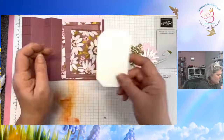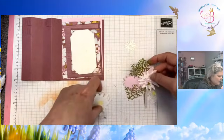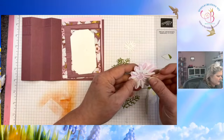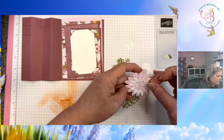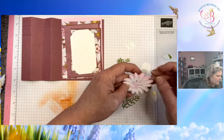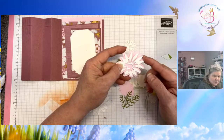So I used one of those for the saying on the inside. That's going to be our inside layer. And then I went ahead and I die cut some of the flowers, and we'll put some of these together that will be used on our card. Another one of those things you kind of got to roll it around and see where it fits. But I cut the base in,